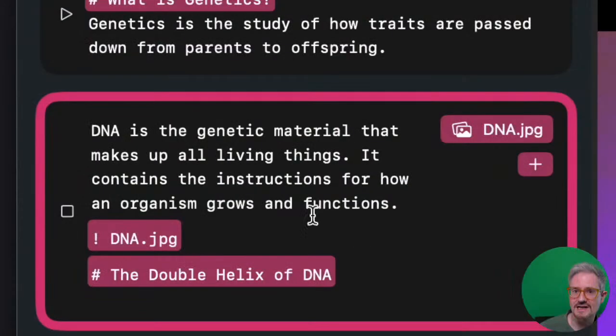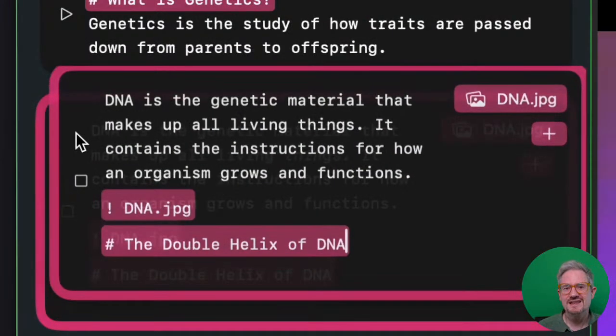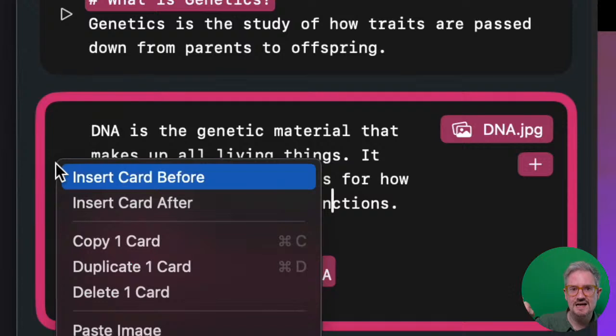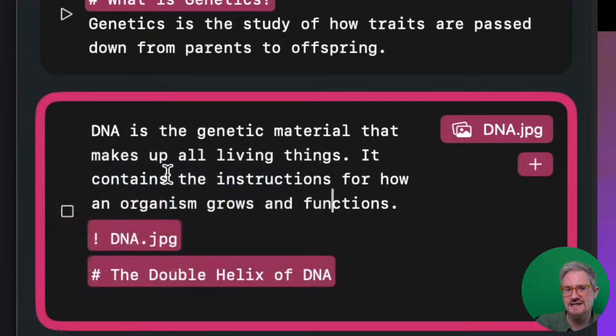But you can drag these cards around. You can drag onto cards, and they also have a context menu if you right click. So just to show you that, there are different areas of the cards. If you're selecting the text, you're going to get the text, but anywhere that's not the text, you're going to get the right click menu and the ability to drag it. So here you see if I drag not on